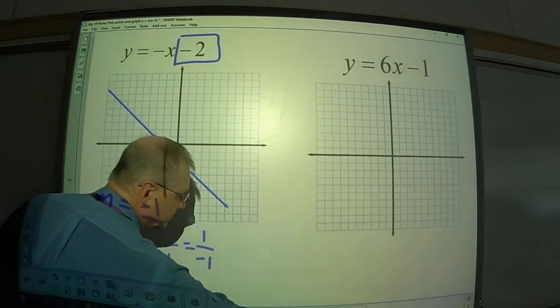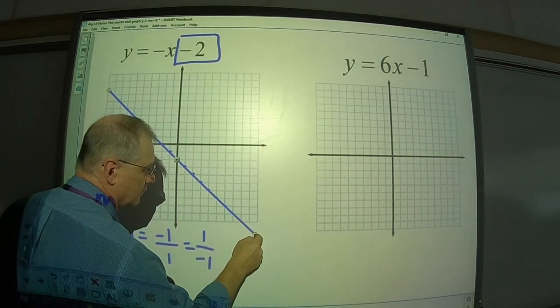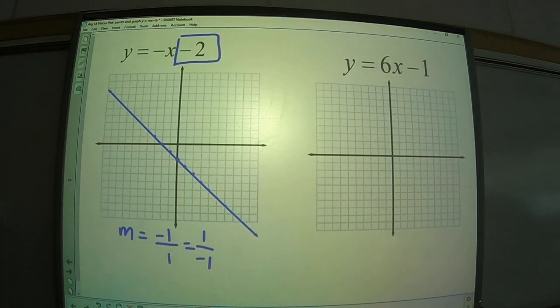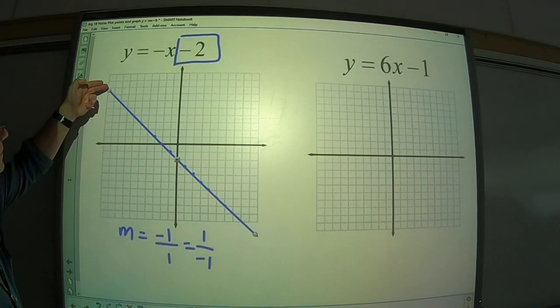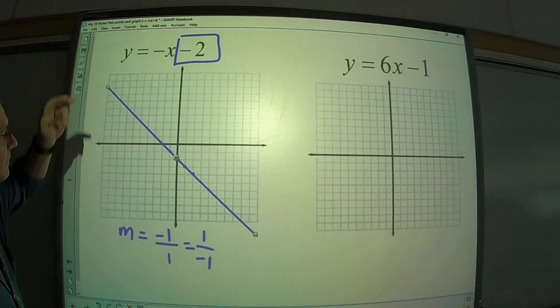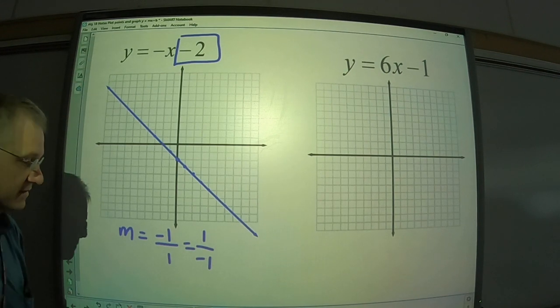And there is your line. Let's fix that. All right, better. Next example,